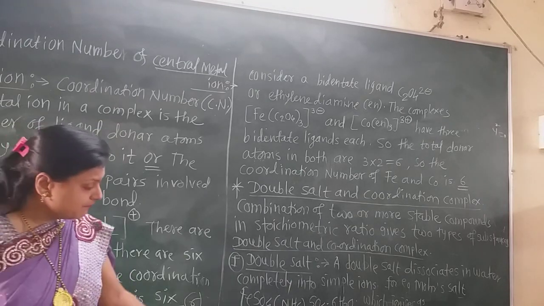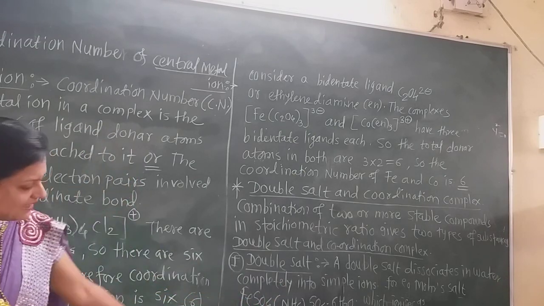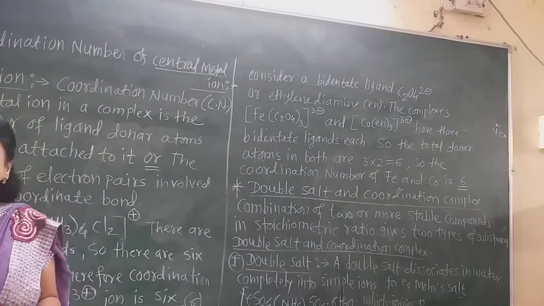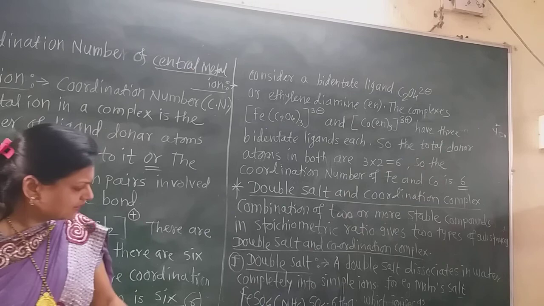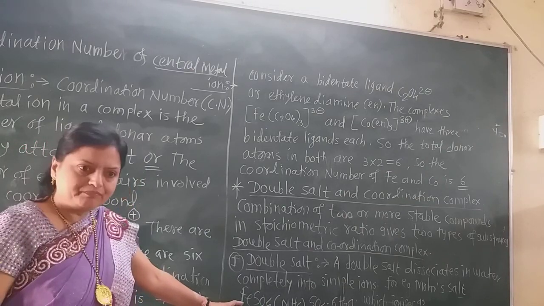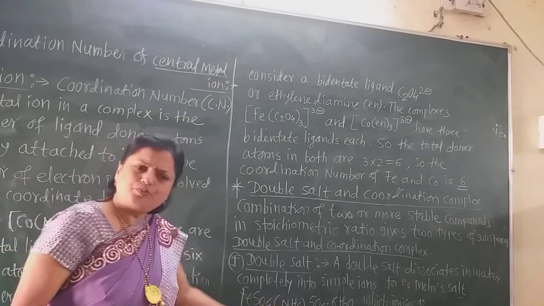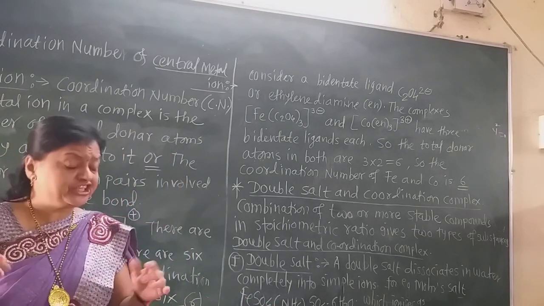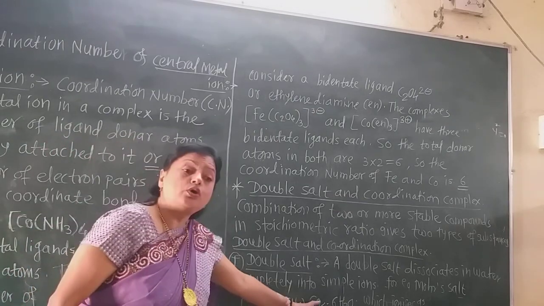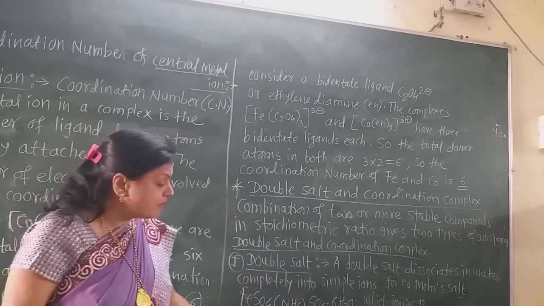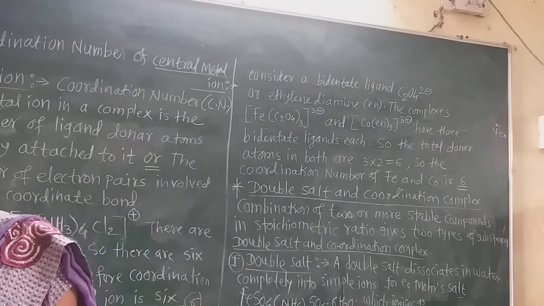For example, Mohr's salt is a double salt. Now see here, ferrous sulfate and ammonium sulfate, 2 different compounds combined, and there is formation of this Mohr's salt. Now if I ionize this Mohr's salt, ions such as Fe+2 and SO4 -2 are formed; NH3 is a chargeless neutral molecule, but still they get separated. Totally 2 SO4 -2 ions will be formed, and water molecules are there, with H+ and OH- also formed.